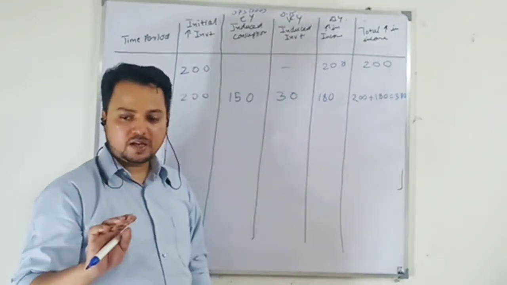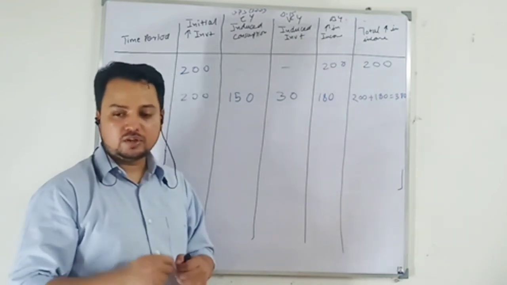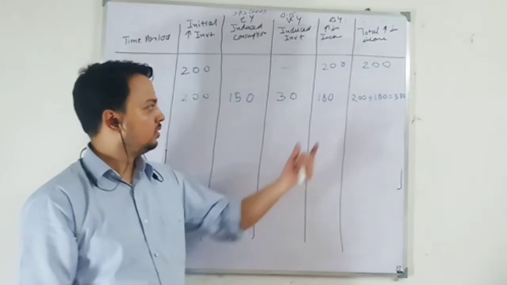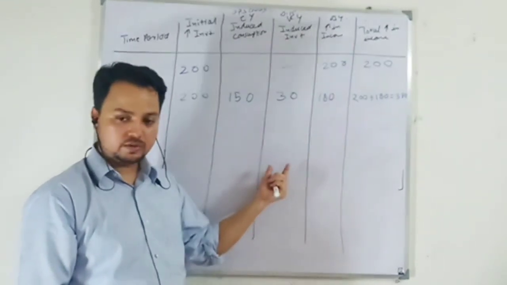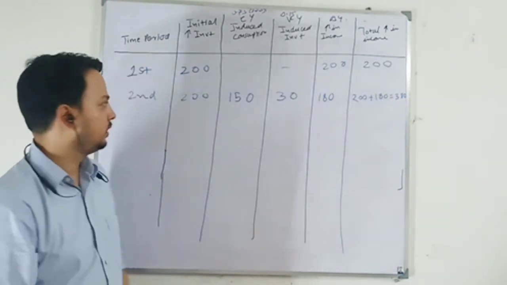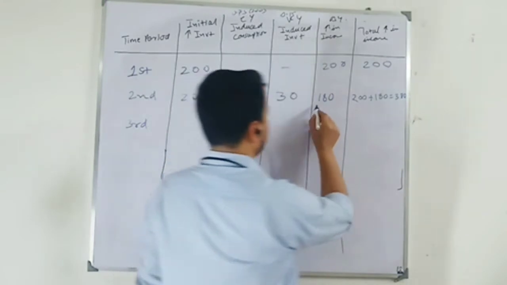And there is a growth in capital stock. So what will happen? Marginal efficiency of capital is going to reduce, so induced investment is going to reduce, because your income is reducing. Let's look at the next period, then it will be clear. Third period: how much is the increase in income?